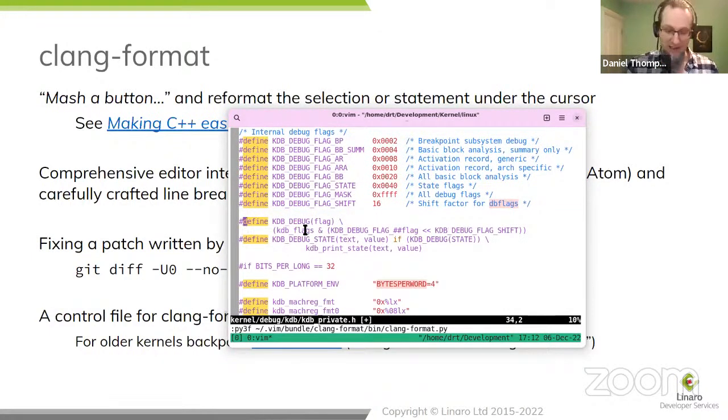It is interesting that if I ask this line to reformat, it recognizes that the line will be more readable if it keeps the brackets together, brings it down a line, and lets us see the logic condition as it truly is. Now, this is much easier to read because it's using all those pattern recognition things that I mentioned when we were talking about coding style. You can see that this is now doing a bitwise comparison of KDB flags against this flag shifted a bit. All right, and it's easier to see it like that than it was like this.